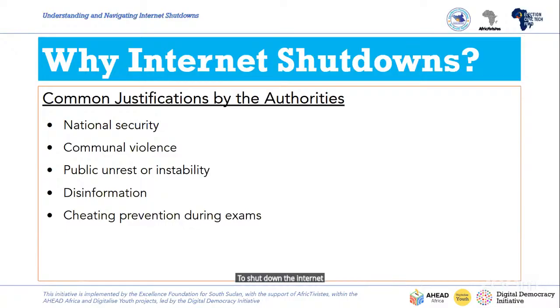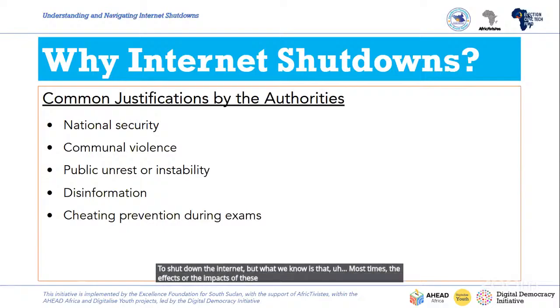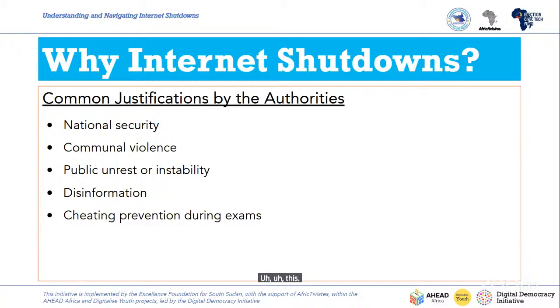But what we know is that most times the impacts of these shutdowns are more than the harm they are claiming to prevent, like national security. The impacts sometimes exceed these claims that they have.